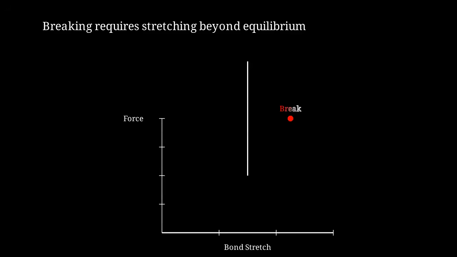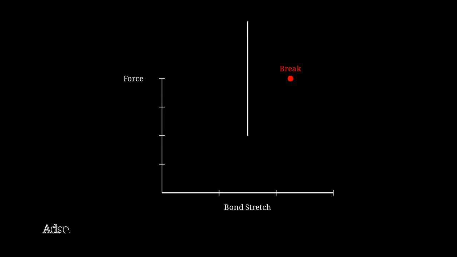This is a schematic force-distance curve. Force increases with stretch, peaks, then drops to zero as the bond breaks. When an adsorbate binds, it pulls on nearby atoms, pre-stressing them. They're already partway up that force curve before any external load is applied. Therefore, less additional external stress is needed to push them over the breaking point. The adsorbate has done part of the work already.